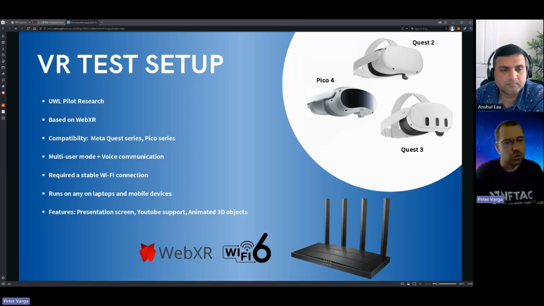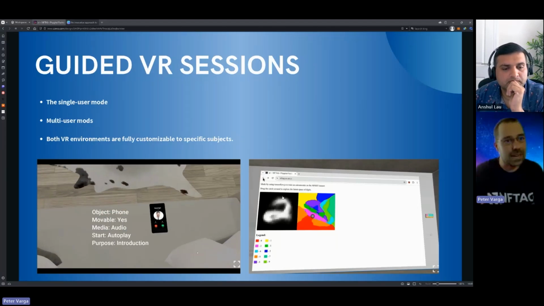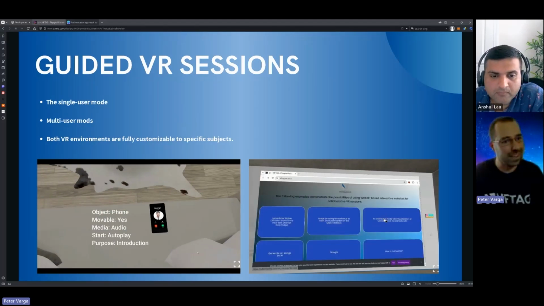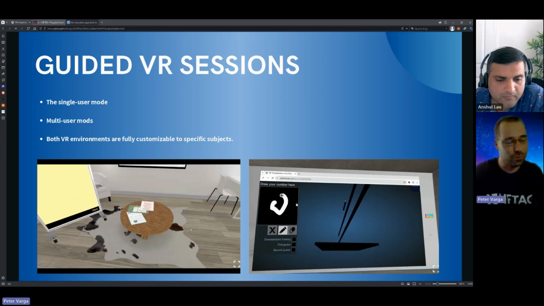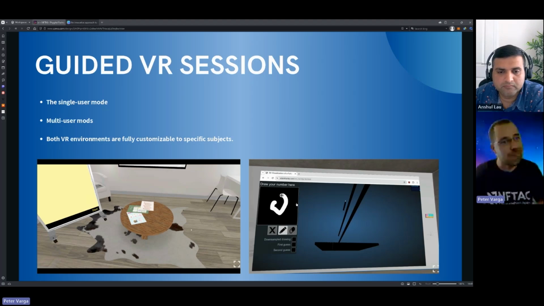The environment is simple but interactive. I added a YouTube video screen, a mobile phone, a 3D object, and a presentation board. It's like when you are at home trying to learn a new subject, and you have this space. In the future, I'm also trying to add a generative AI assistant, like ChatGPT, so when you have any question, you can ask it. Of course, as in a previous presentation, that was true: sometimes we have some hallucination and ChatGPT is lying.